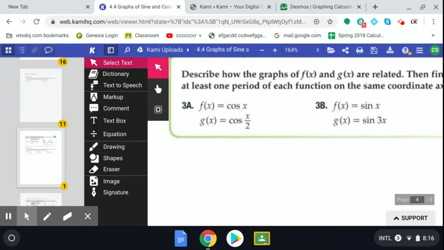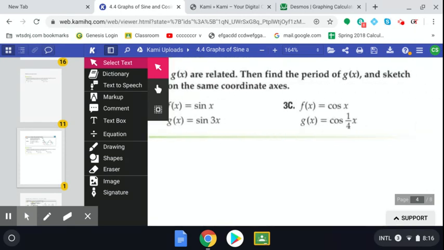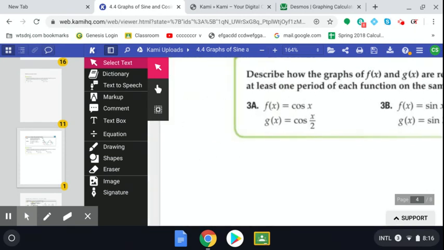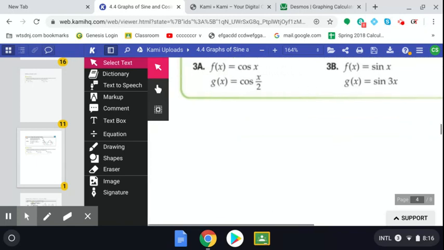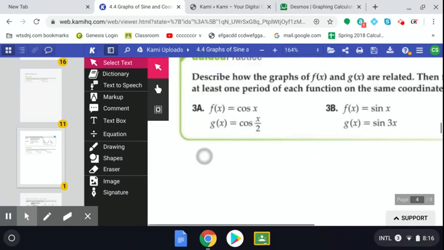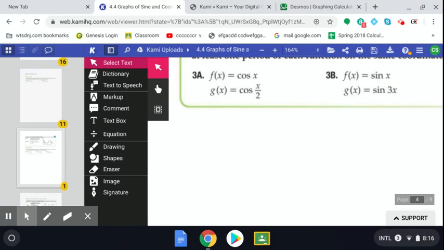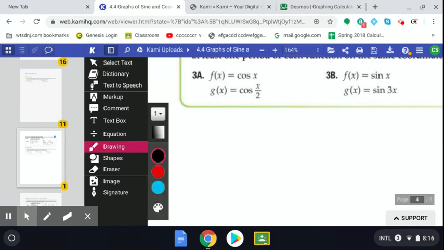So in this case, they say describe how the graphs of f of x and g of x are related, then find the period of g of x and sketch at least one period of the function. Okay? So, how are they related? The period of the first one is just 2 pi. The period of the second one, the period of g of x, would be 2 pi over the absolute value of b, which in this case